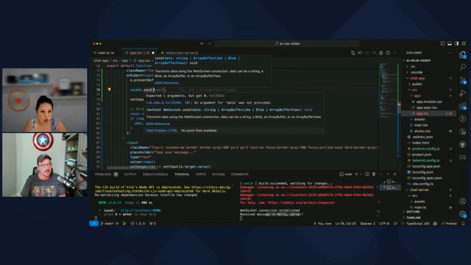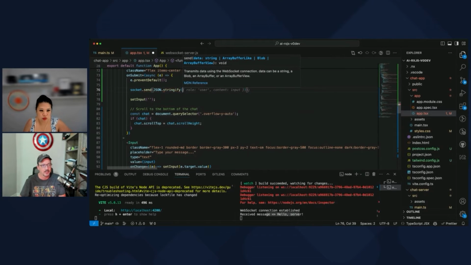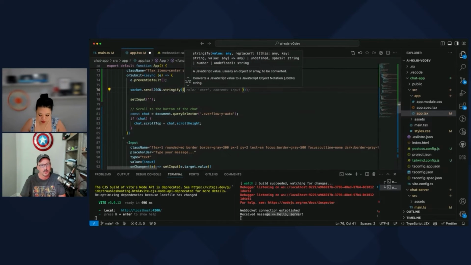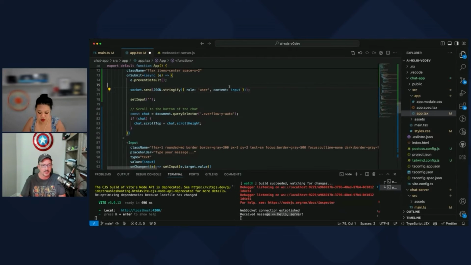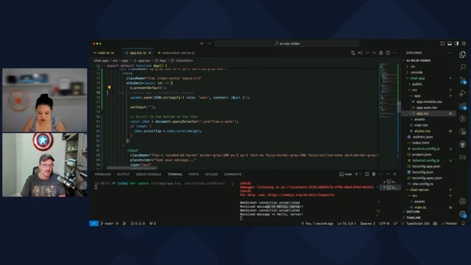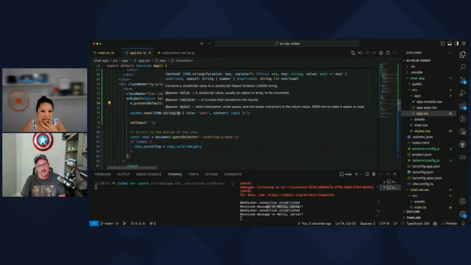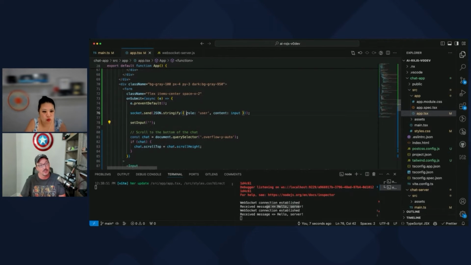Expected one argument, got 0. So I'm going to send JSON.stringify, and we'll give it something that it can deal with: role user, content is input. That sounds good. This is just our string that we're sending, and this is the role that we're sending it as. I don't even know if I need that or if it just needs to be type user message.